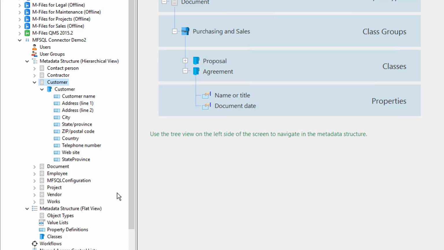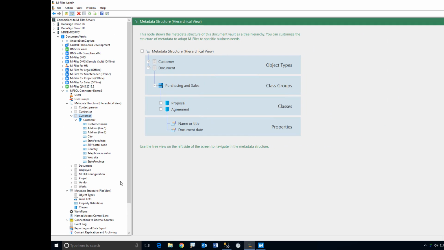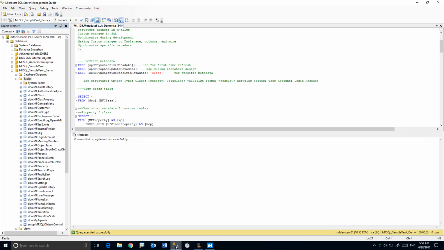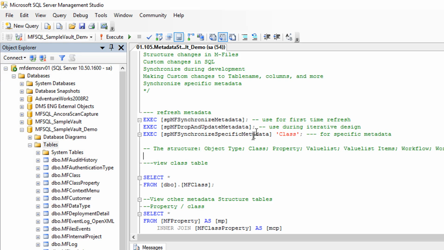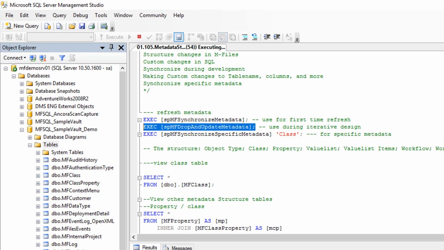We've finished with whatever updates we are making in M-Files, whether it is new properties, changes of properties, new classes, deletions of classes, value list items, workflows, any structural changes that you make. Once you have made those changes, and you can make a lot of changes, and then go in and do the refresh, from a SQL perspective, basically you then just run the